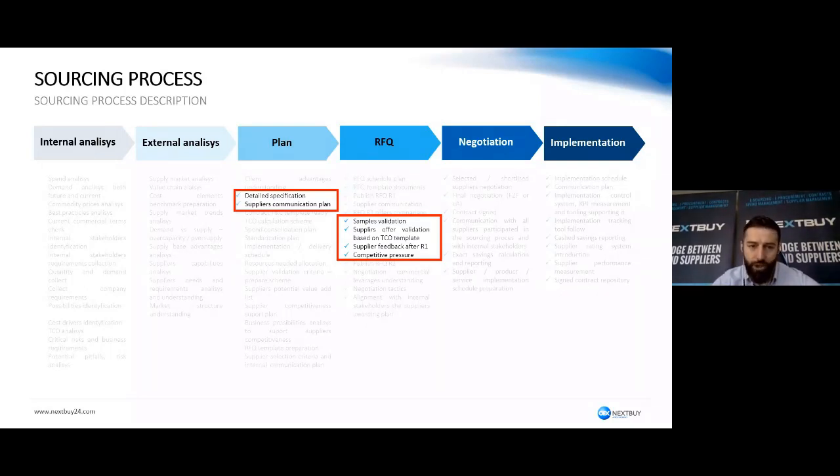Second thing, which did not happen the right way, was the pressure on the suppliers in the RFQ round one. I always say that if you want to run an e-auction, first you need to have an RFQ and collect the prices, see where we are, and if there are too big discrepancies, something is wrong, you need to align with your suppliers on the specification, terms and conditions, and all those things. That particular thing was not done the right way because we wanted to make it quick, and then it hit us back a lot.